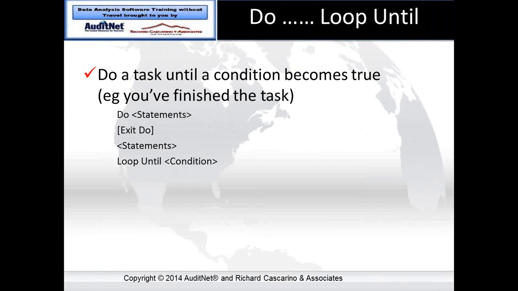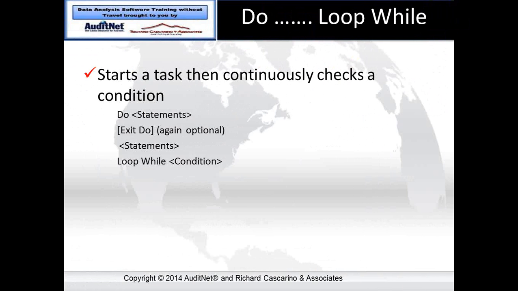So here you've got do statements, exit do. Here are other statements, loop until number equals 10. So I'm going to display the number on the screen, exit do, number equals number plus 1, loop until number equals 10. Just to get you familiar with the difference between do loop until, do until loop, do loop while,